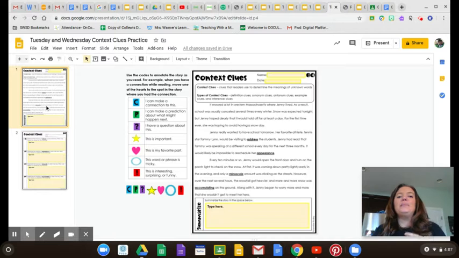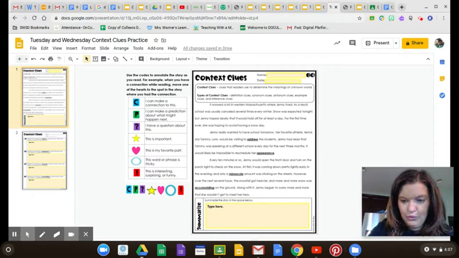So again, today is Tuesday. You're only doing slide 1 where you're reading. Number 1, reading, annotating. Number 2, and then summarizing the text, because we always should constantly be practicing summarizing all the time. So reading, annotating, and summarizing for today. Tomorrow you're going to fill out the context clues slide number